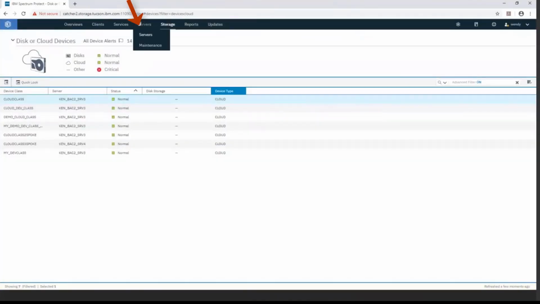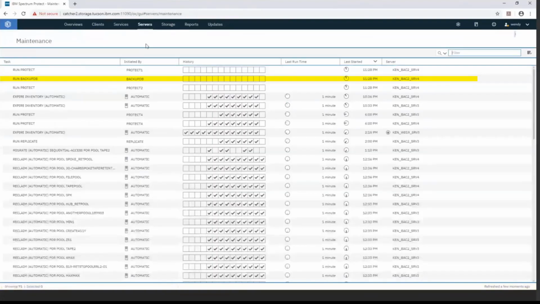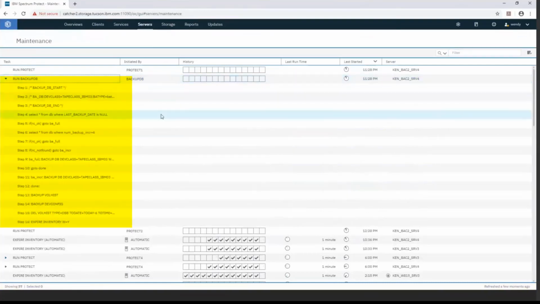If you went into servers and maintenance, you would see the run backup DB command listed. This was set via the command line when you did the setDB recovery. So we don't set that in the Operations Center. However, we do show that schedule here. Okay, with that, having shown you how you can use the cloud device class to back up your Spectrum Protect database from the OC,